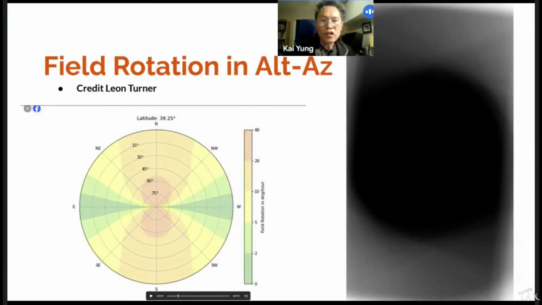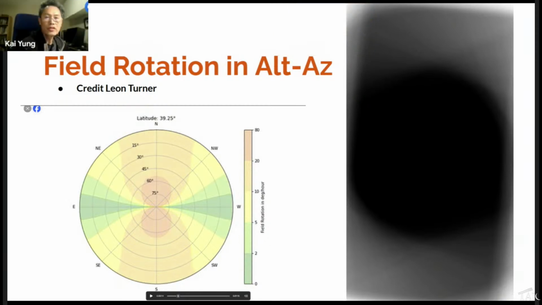So to get started, the new buzzword right now with Seestar is that they're going to come up with EQ mode. So why do that? Seestar by design is actually an azimuth scope. What that means is that it moves both axes to track the stars. And there are a whole bunch of issues with that, field rotation being one of the major ones.